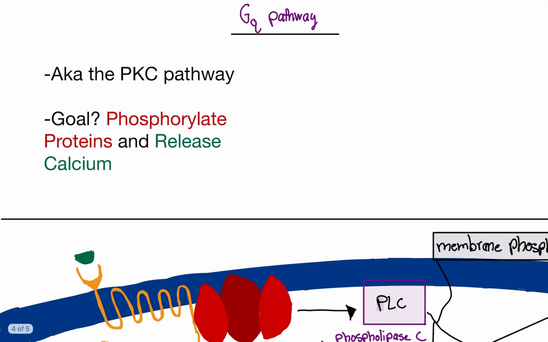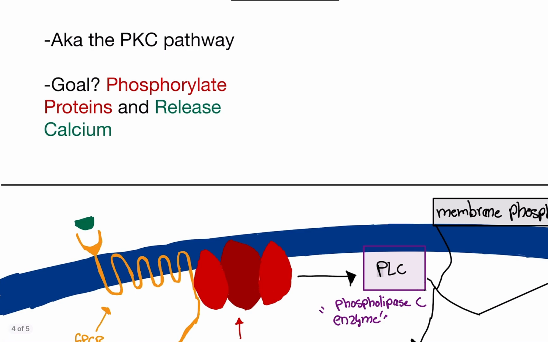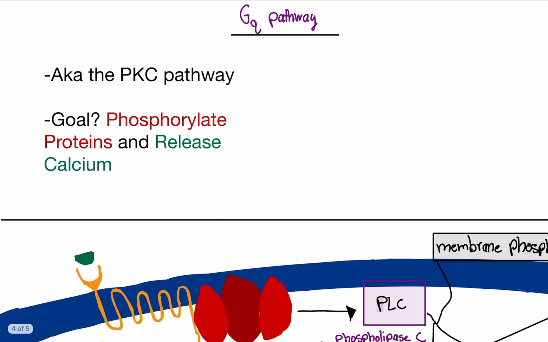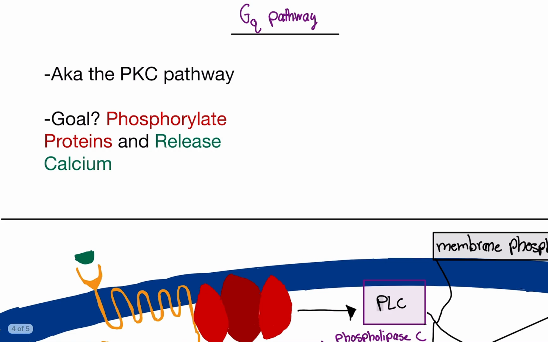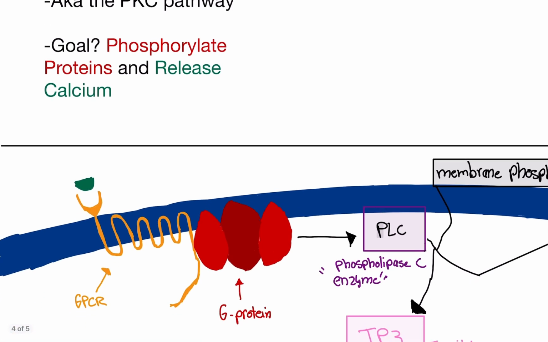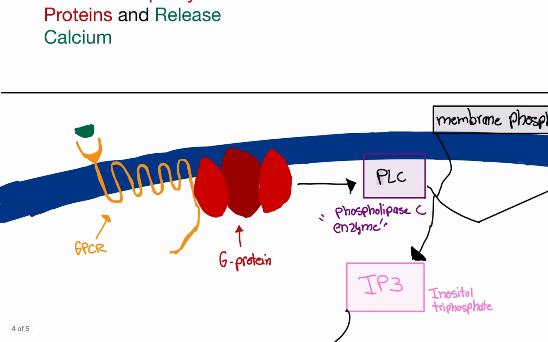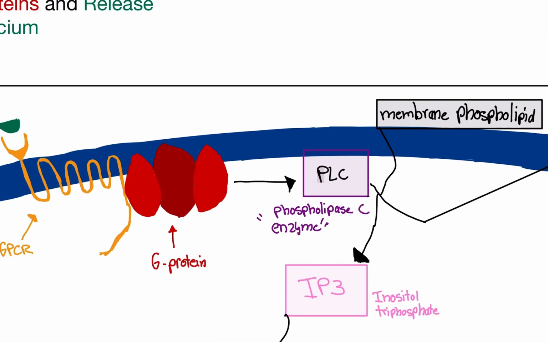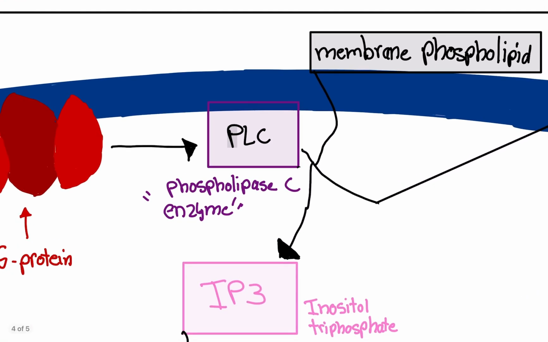So yeah, what's the goal? We're going to phosphorylate proteins, just like the GS pathway, but we're also going to release calcium, which is super important for muscle contractions. So that's a little hint of what this is for. It's for muscle contractions mainly. So we start out, like usual, with a ligand, which is the green thing that binds to the GPCR receptor. It activates the G protein. Okay, this is where it changes from the GS. We are going to activate